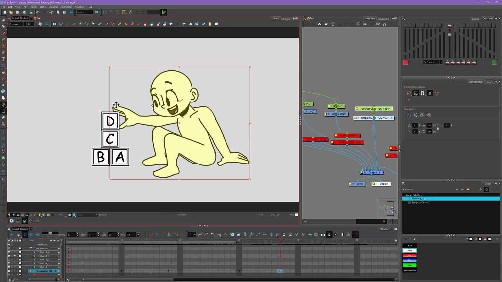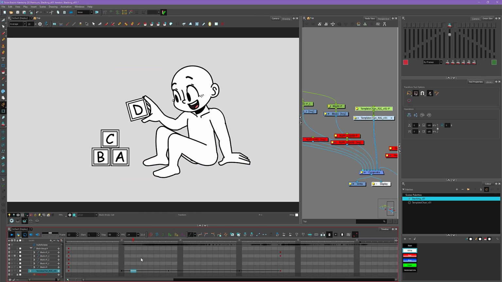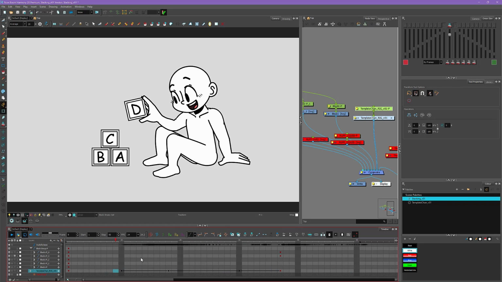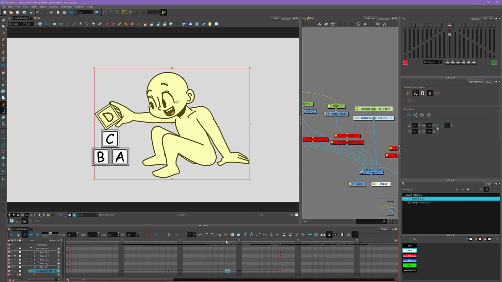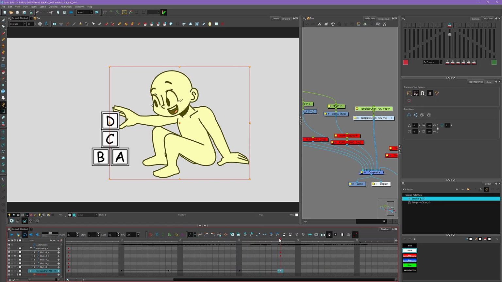And the block kind of snaps into place. We'll clean that up later, but let's just play through our animation, see how that feels. So that feels pretty good to me. So now our character's all fully animated. In order to keep this animation where he's dropping off the block from snapping like this, the reason it snaps is because it's happening at the very end of the motion right here.